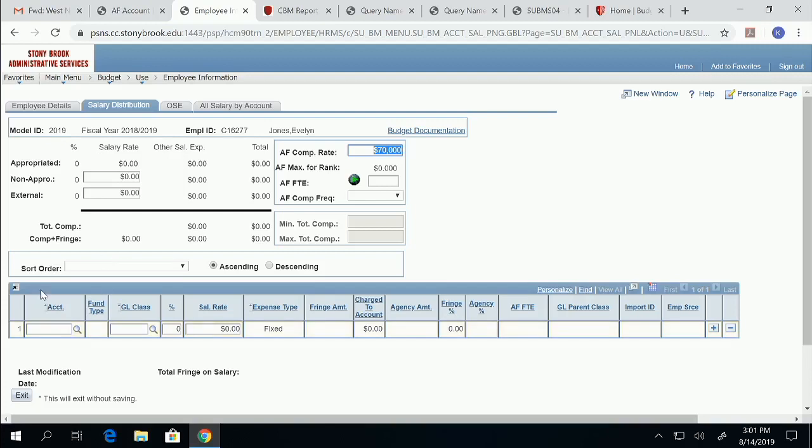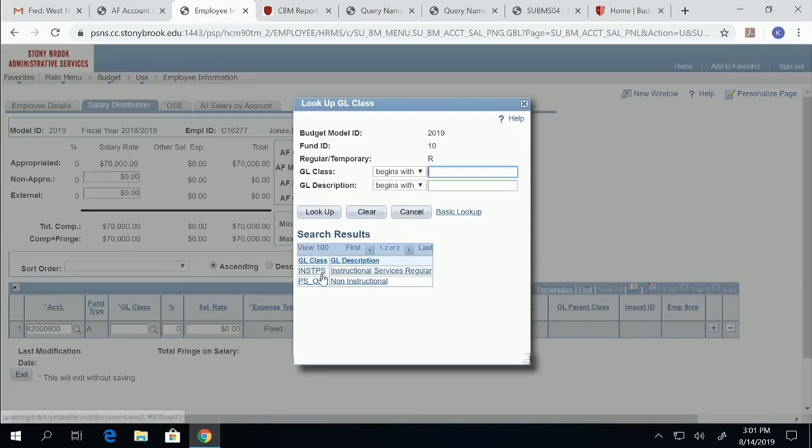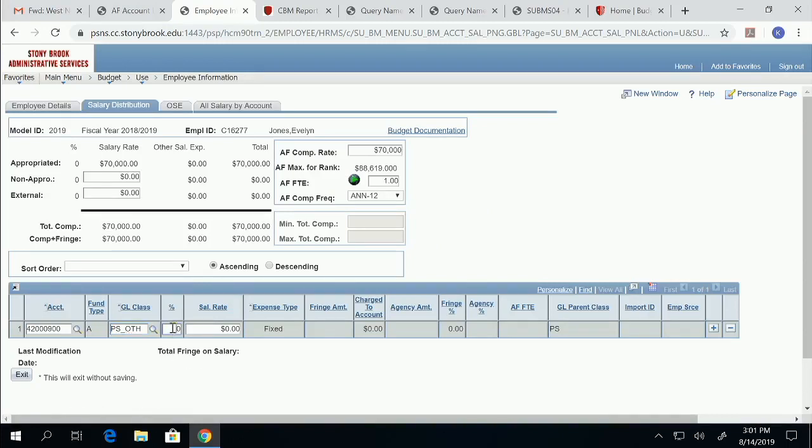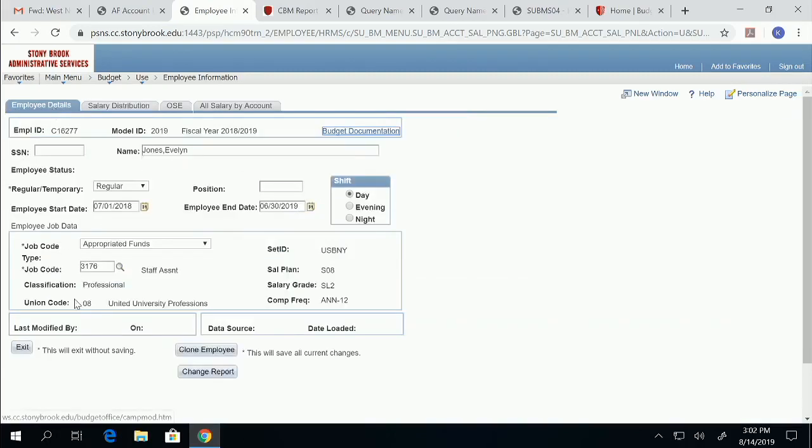And the nice part is, once I do this, if there's location pay or anything else, it will be automatically put into the system based on the job information that was in there. So you see, as soon as I put in FTE, what got populated, and now if I put in an account, and again, this person is non-instructional. Now if you notice up here, there's nothing in the middle right here. Once I make this 100% and tab off the field, it not only put in the $70,000 for the base salary, but it put in the UUP location pay, because this particular person is in the professional United University Professionals